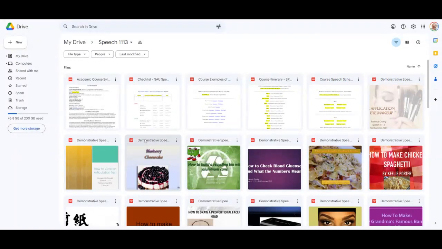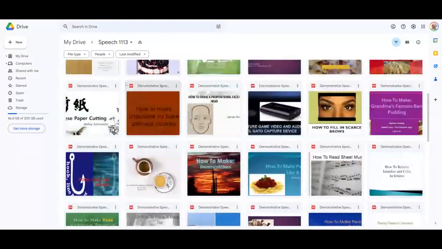Articulation test, blueberry cheesecake, build a recycling bin with aluminum cans, checking blood glucose, chicken bow tie festival pasta, chicken spaghetti, Chinese paper cutting, I showed that to you, chocolate no-bake oatmeal cookies, drawing in proportion, Elgato capture device, fill in scarce brows. Anything involving hair care or makeup certainly works.